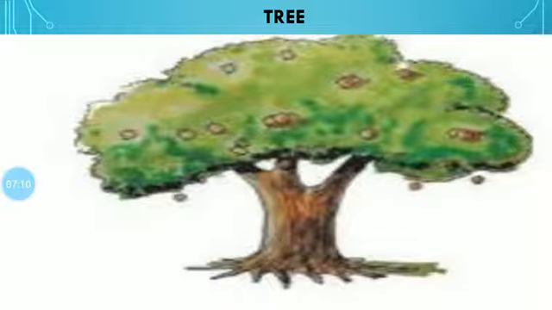They bear flowers and fruits for many years. Such plants are called trees. Trees are tall, big and perennial. That is, they live for many years. The banyan tree lives thousands of years. Okay, thousands of years that tree lives. So we call it a perennial type of plant. This is about the trees.